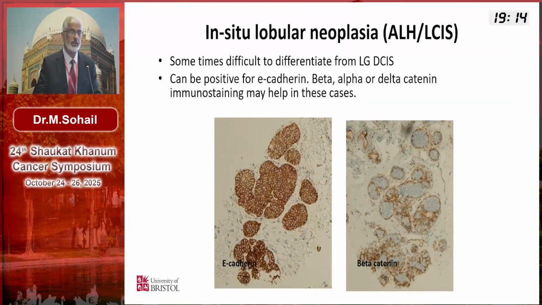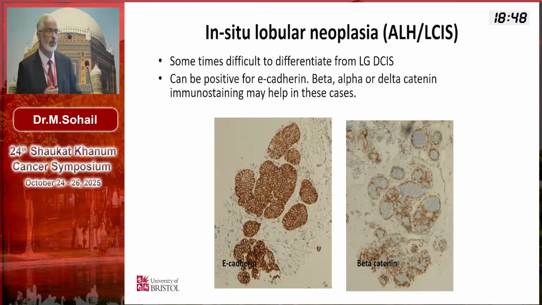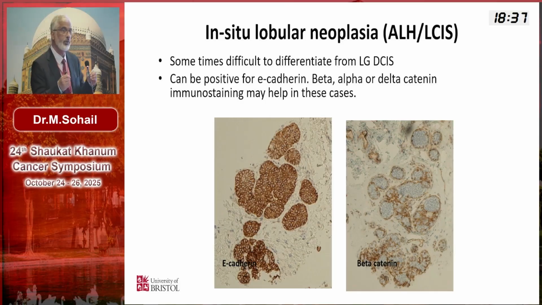Now, in some cases, when you do reporting, you find that these lobules or acini are distended so much that they look like ducts. Then it becomes difficult to differentiate from low-grade DCIS, and we commonly do E-cadherin in those cases. Yesterday I mentioned one case in which the E-cadherin came out positive, and the majority of people thought this may be a lobular cancerization of a lobule. But actually, morphology takes precedence over everything else. Immunohistochemistry is secondary. You have to think about all the pitfalls in those scenarios.